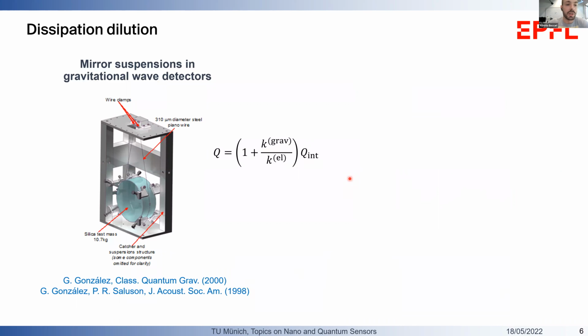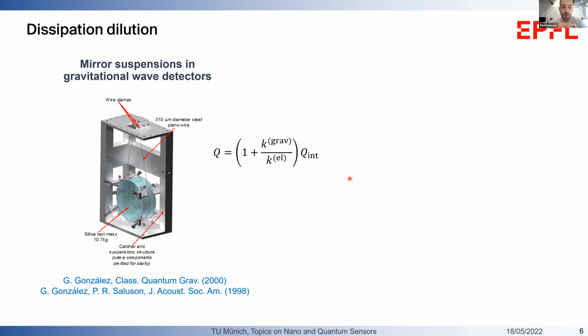In our lab, we use a set of techniques to improve and engineer artificially the quality factor of mechanical oscillators, of nanomechanical oscillators, beyond the intrinsic properties set by the intrinsic material friction of the material that we fabricate the nanomechanical oscillators with. And actually, this phenomenon of dissipation dilution was first understood and used in these massive end mirrors of gravitational wave